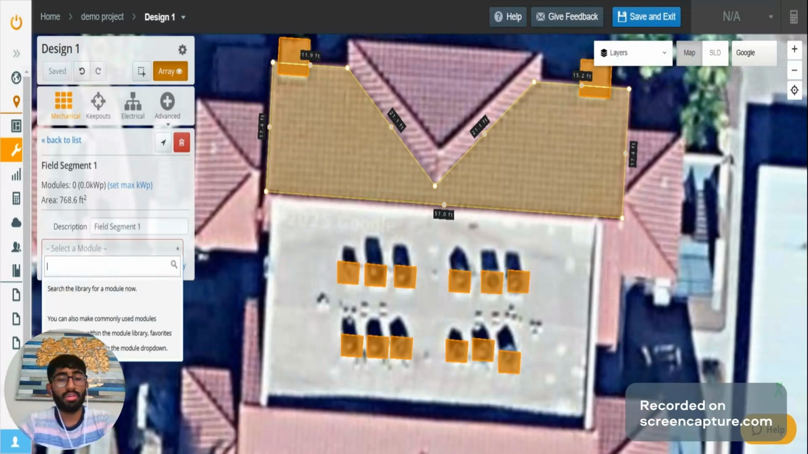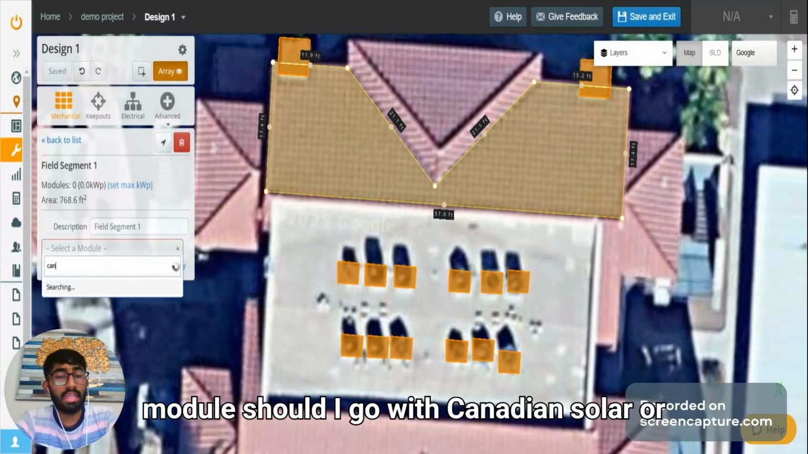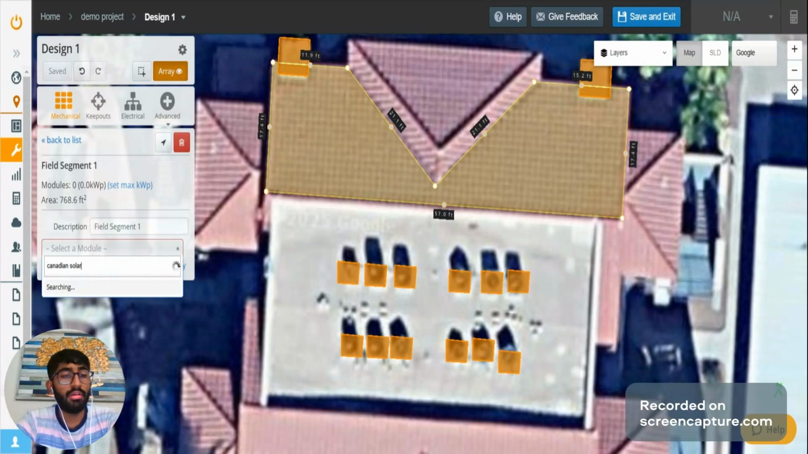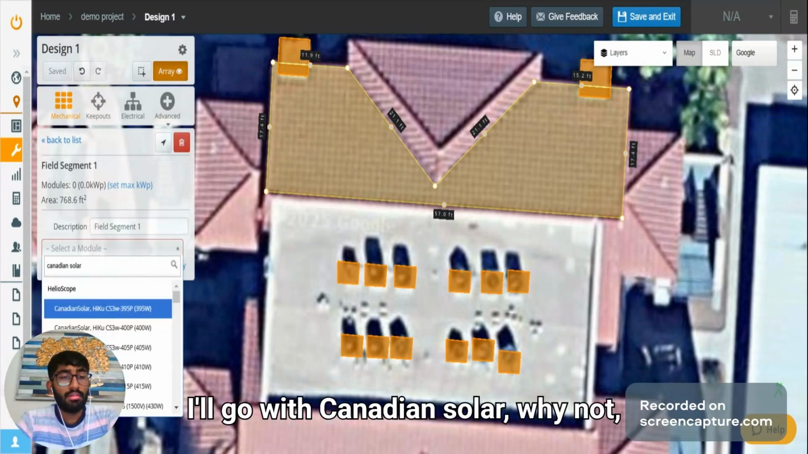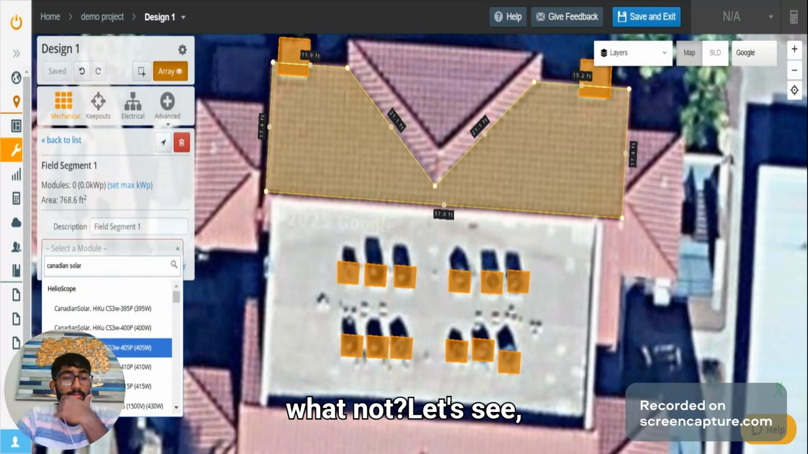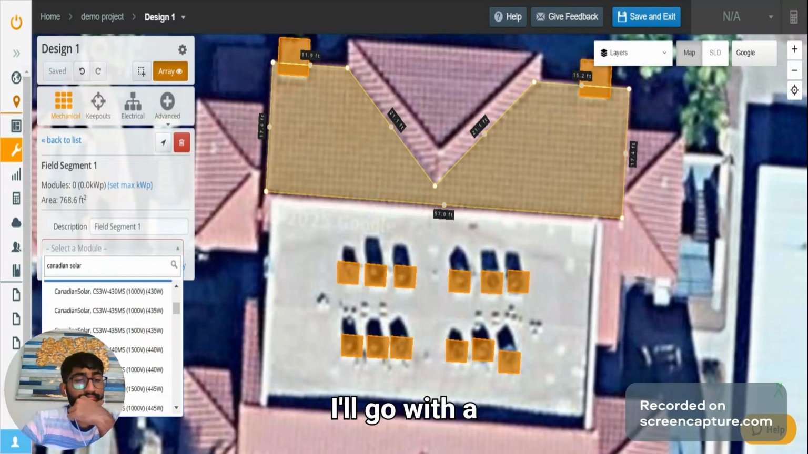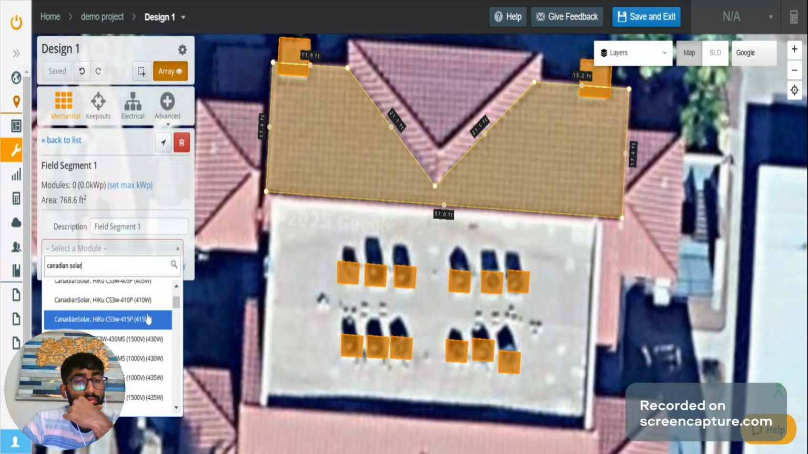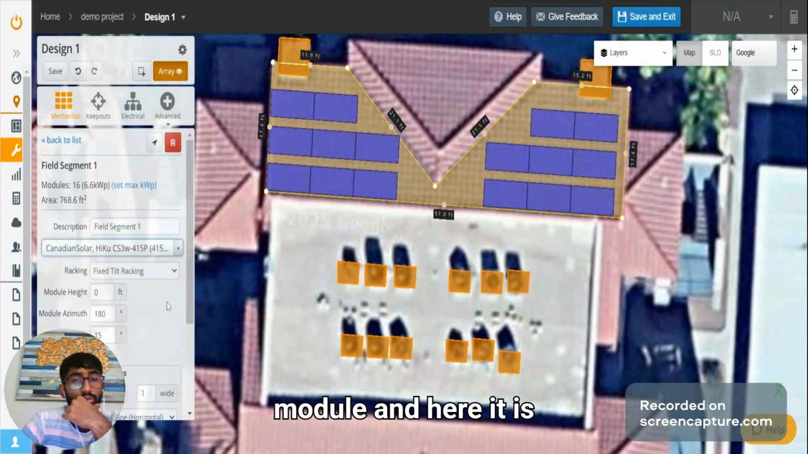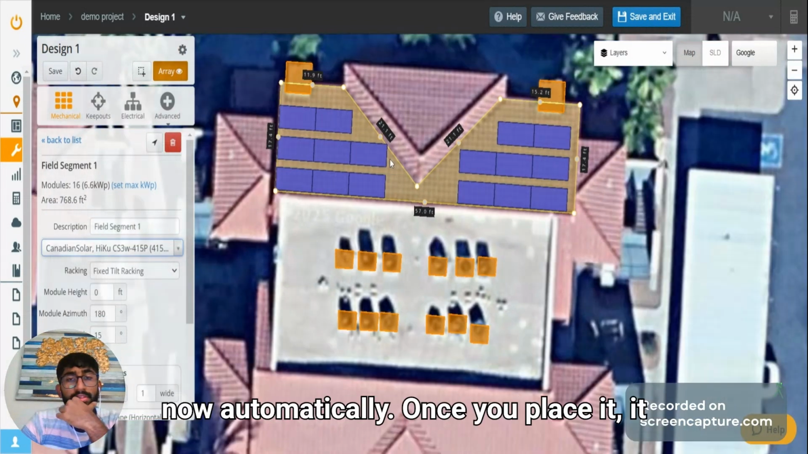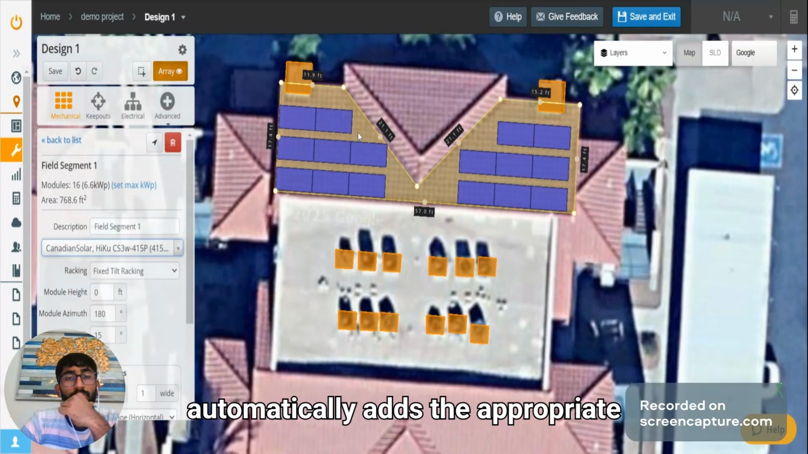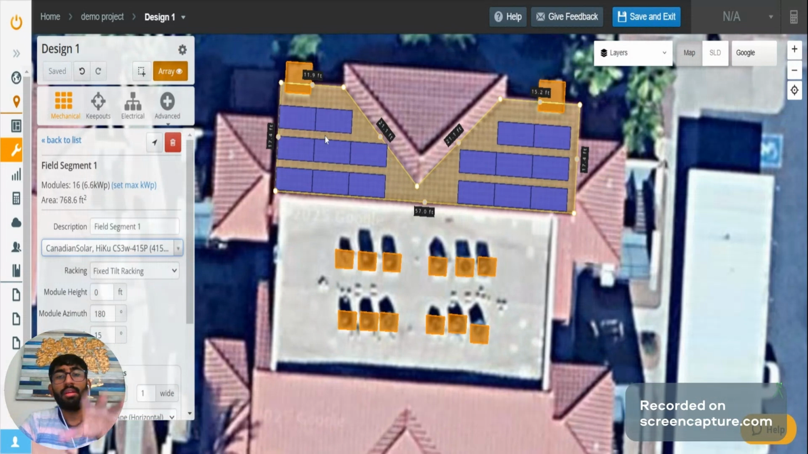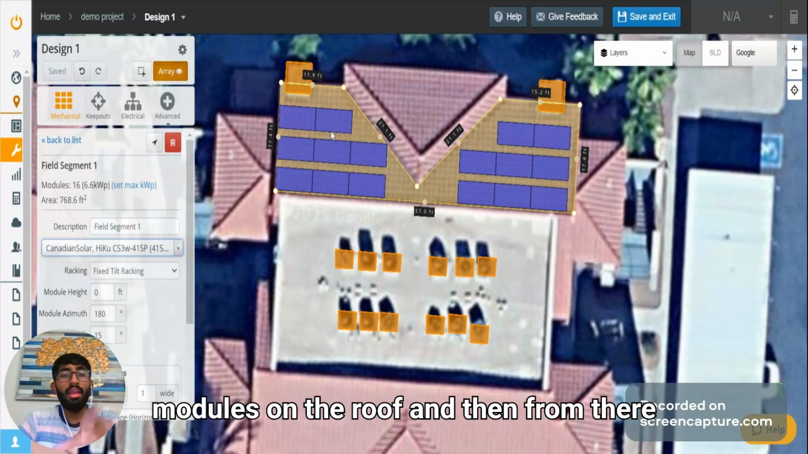I don't know which module. Should I go with Canadian Solar or should I go with, um, I'll go with Canadian Solar. Why not? Let's see. Well, I'll go with a 400 watt, 415 watt module. And here it is. Now, once you place it, it automatically adds the appropriate modules on the roof, and then from there on,